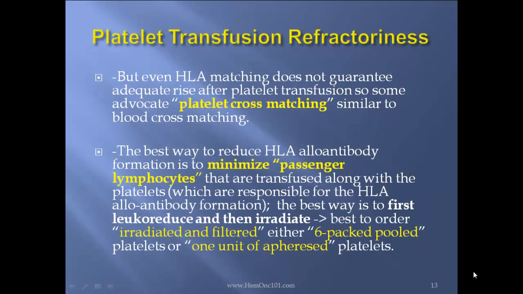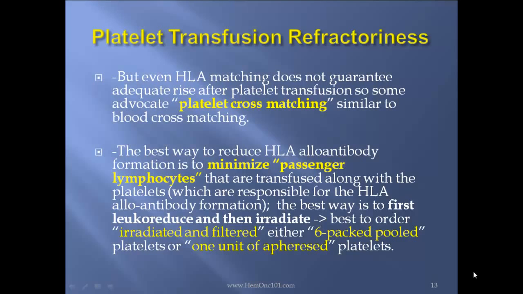But even HLA matching does not guarantee an adequate rise after platelet transfusion, so some advocate platelet cross-matching, similar to blood cross-matching. The best way to reduce HLA alloantibody formation is to minimize passenger lymphocytes that are transfused along with the platelets, which are responsible for the HLA alloantibody formation. So the best way is to first leukoreduce, then irradiate. Best to order irradiated and filtered either 6-pack pooled or 1 unit of